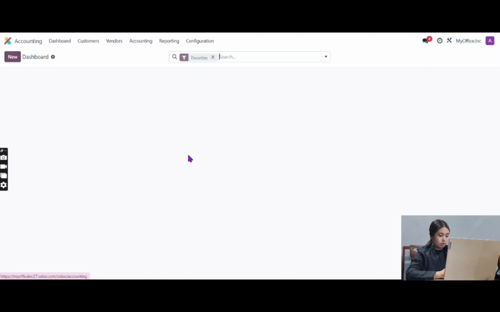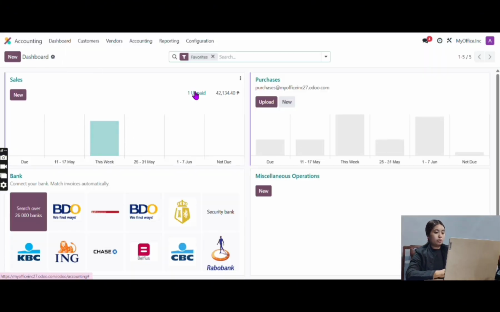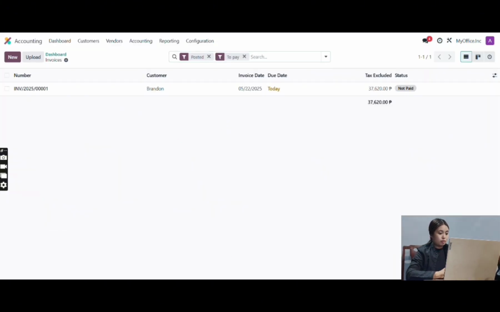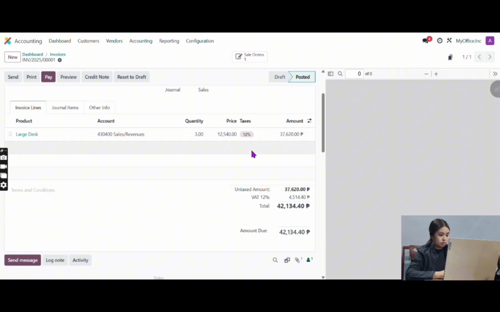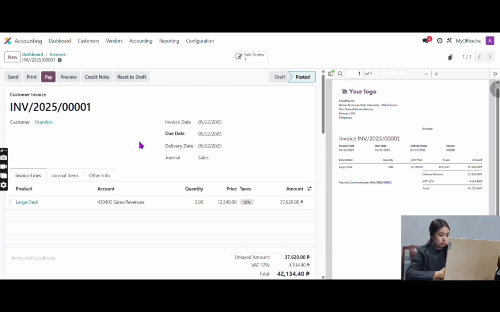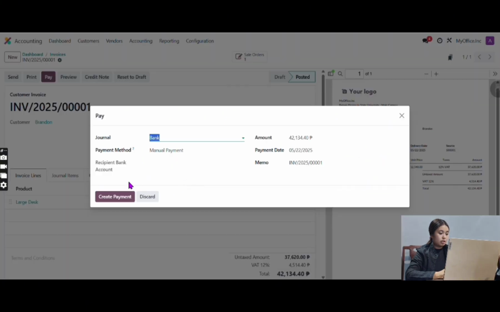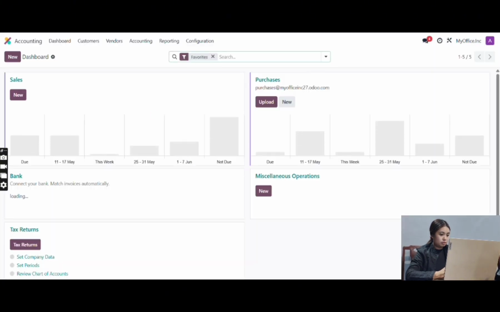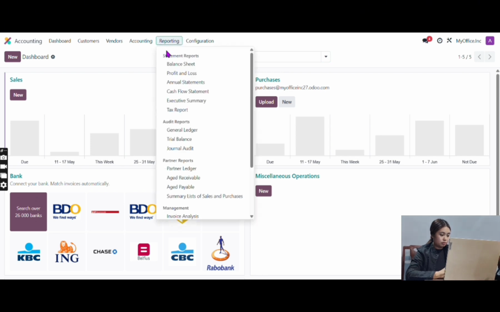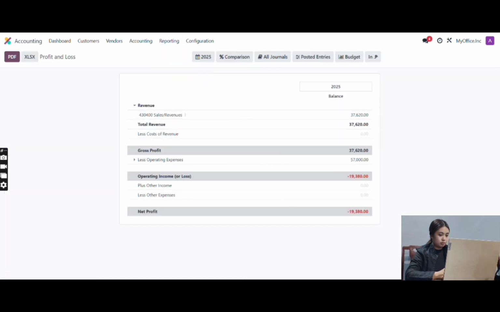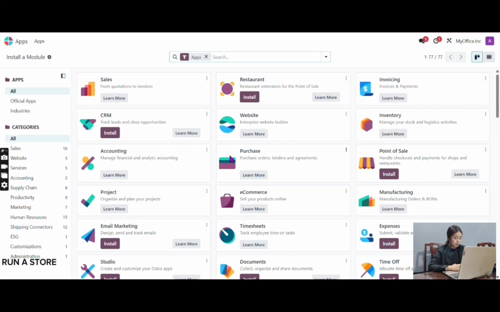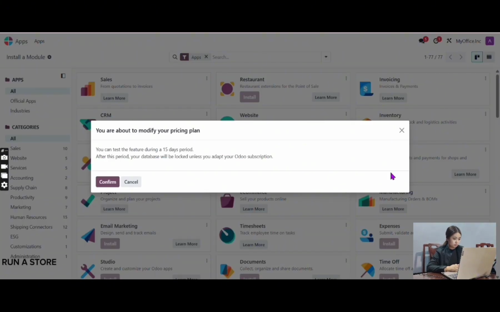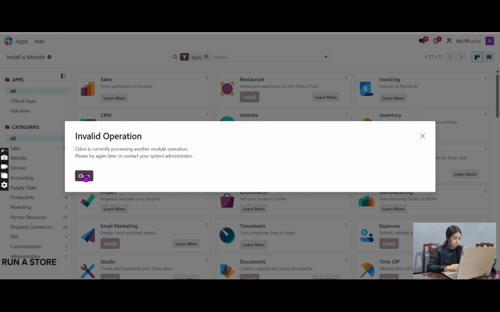Click accounting, click unpaid and then click Brandon and click pay. Create payment, click reporting and here's the profit and loss. Go to apps, install point of sale and confirm.